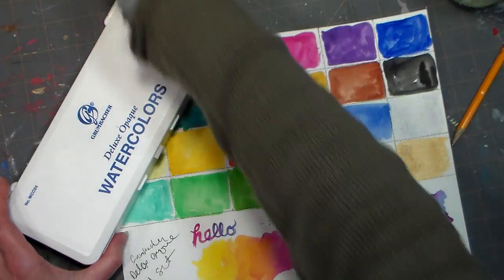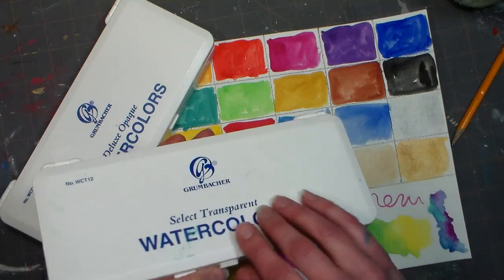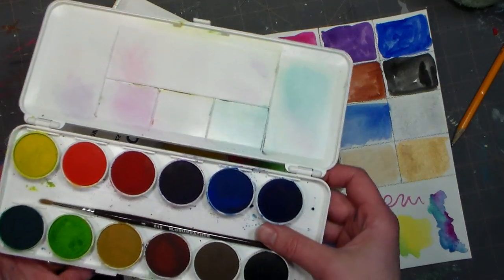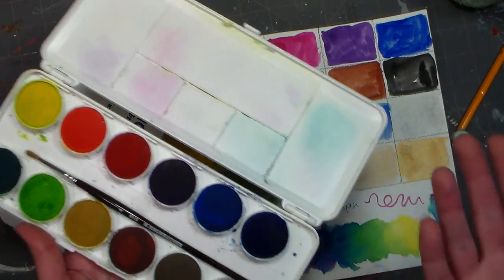Recently I did a video with the select transparent watercolors, and I wasn't that impressed with them. I thought that they were kind of low pigmented. It took a lot of work to get them out of the pans. You could still produce a nice painting with them. They just didn't feel like they were that high of quality, and they felt kind of like children's tempera paint